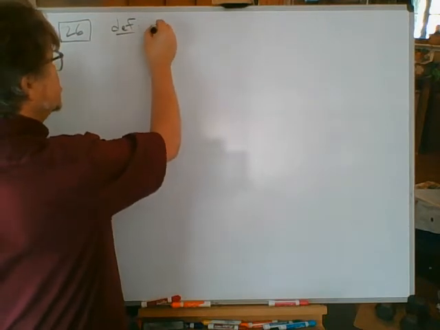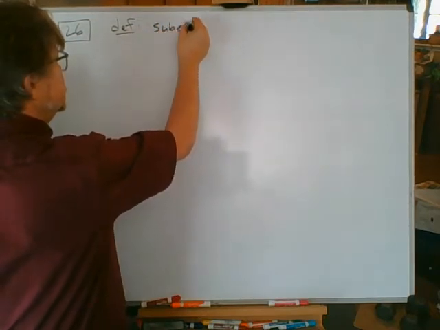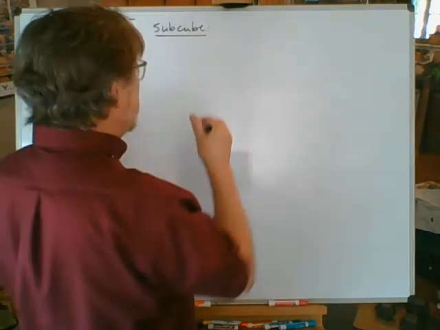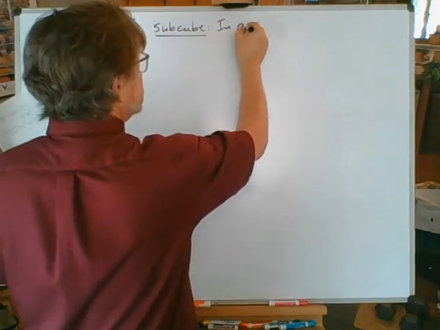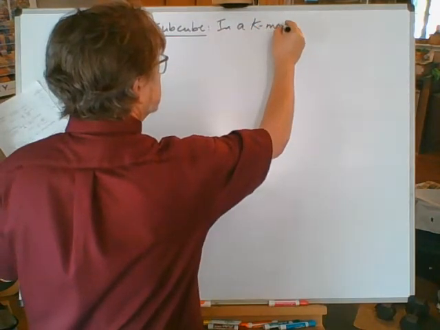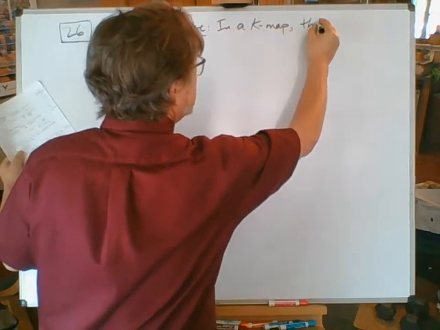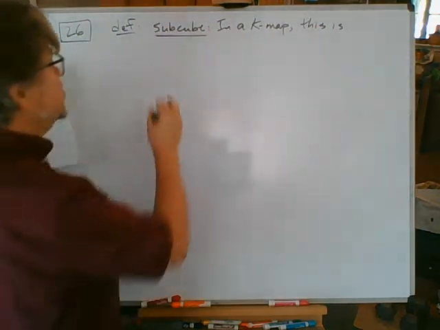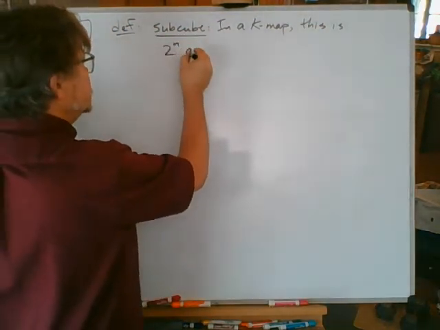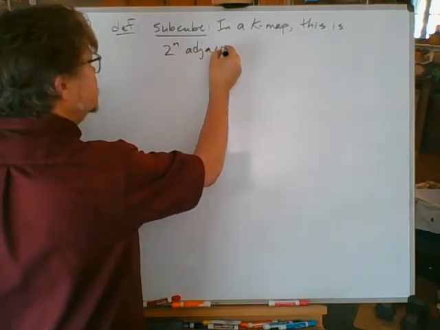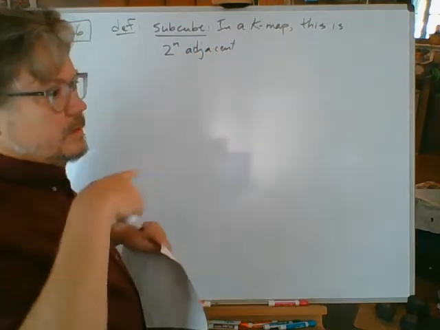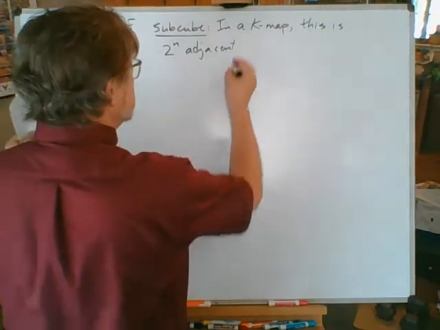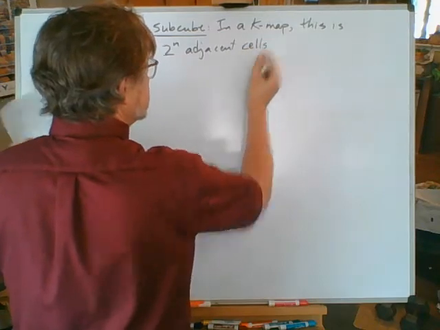The term that's used is subcube, S-U-B-C-U-B-E. For our purposes, in a K-map, that's our context now, this being a subcube, this is 2 to the n adjacent cells, A-D-J-A-C-E-N-T. They share a side, either side to side, left and right, or up and down. 2 to the n adjacent cells, where the cells are the little squares in the grid,